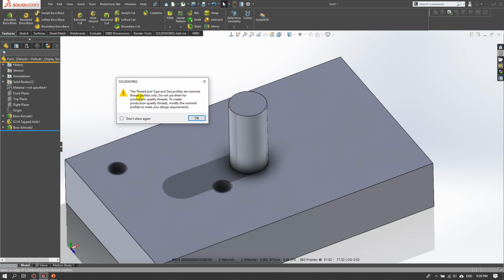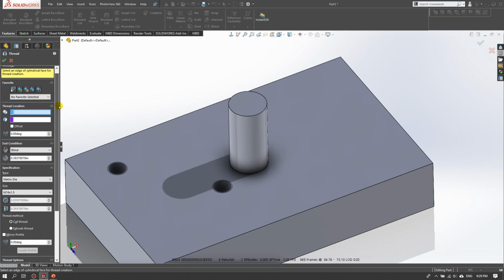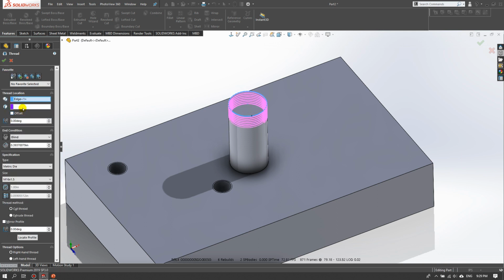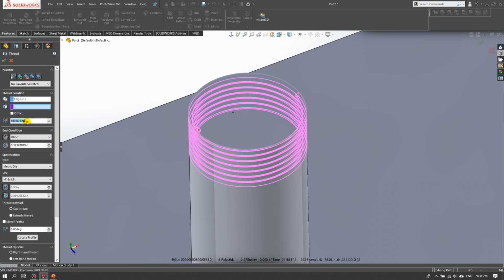This is the notification of before use thread location, and this is the end condition thread location. This is the under optional start from surface, from vertex, edge or planar. This is the initial angle of the thread. Yeah, you can see the direction of thread is changed,